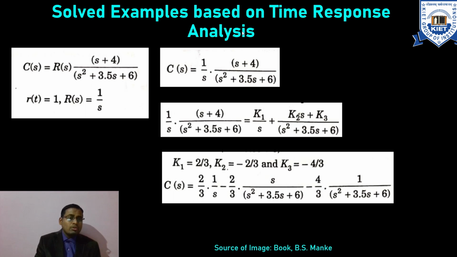Okay, so in this regard, we have computed the overall transfer function for the given block diagram, that is Cs upon Rs. Now another solution is to find out the output expression when it is subjected to unit step. So we know that Rt is the ut or 1, so its Laplace transform Rs becomes 1 by s. Now cross multiply: the output expression Cs is equal to Rs multiplied by this expression.